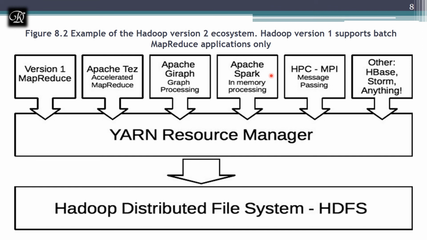So as I said, it's one of the things which supports iterative algorithms for machine learning and interactive data mining. It differs from classical MapReduce in two different ways. Why is it going to overtake MapReduce? So now it is taking over. It has already overtaken MapReduce in two ways. One, it has machine learning libraries, and it provides interactive data mining. So because of these two,